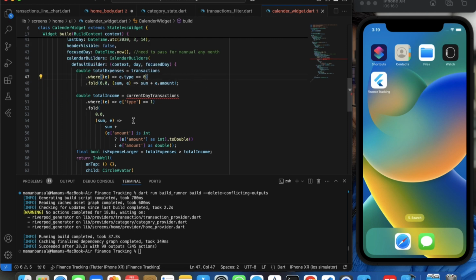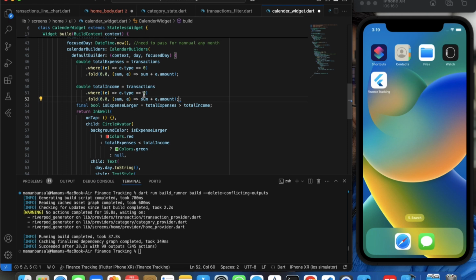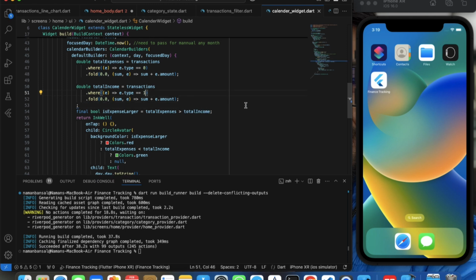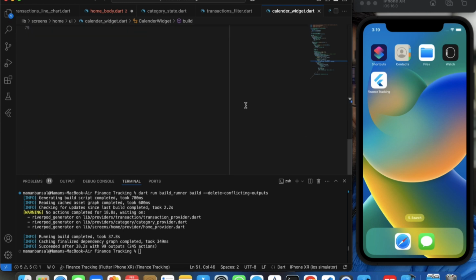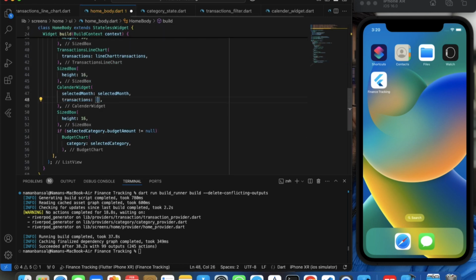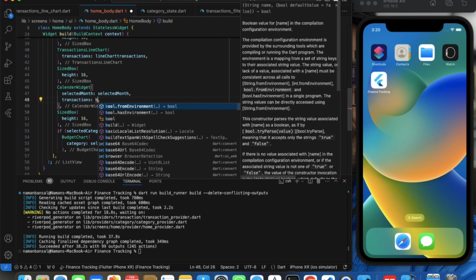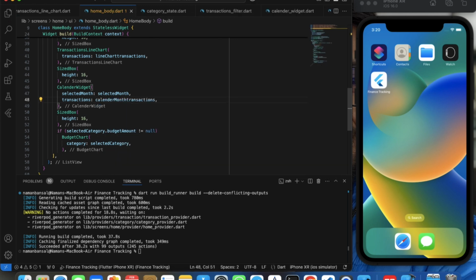Okay, I'll just replace this code. Okay, copy and a type of one. Okay, so everything is dynamic here. Now we are transactions, we have calendar month transactions. Okay,